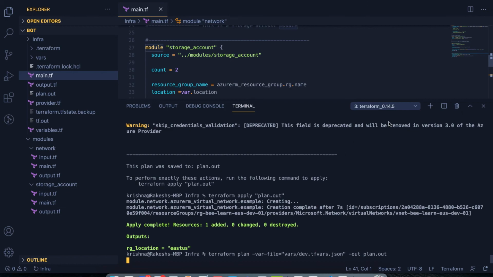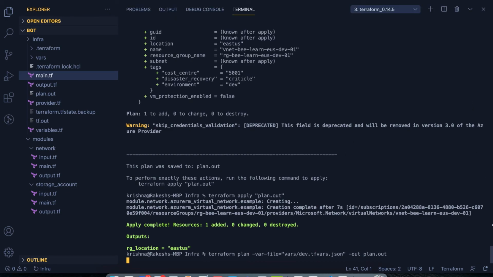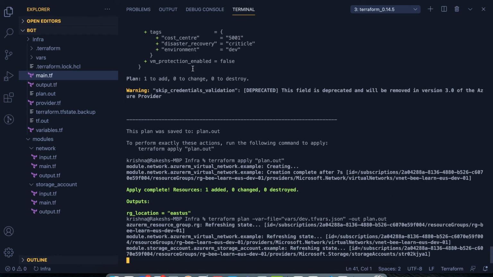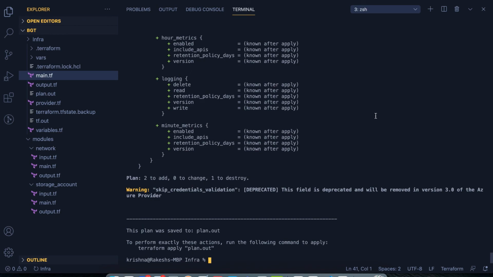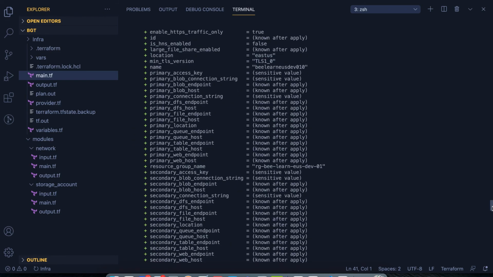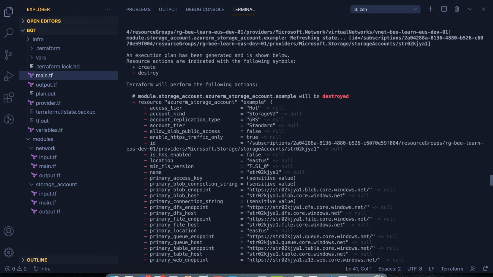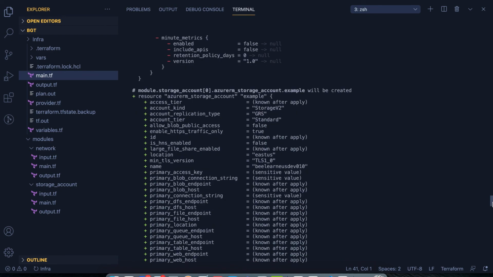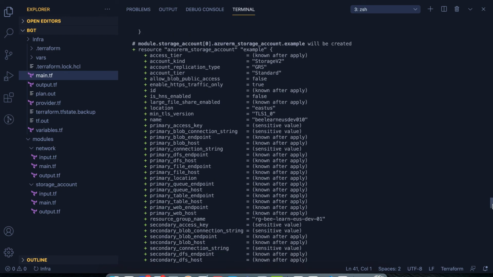Yep. So this is how you can create multiple of them. Let's run the plan again. Let's see what value we get with the plan. It will destroy the existing storage account because we have changed the name. As I mentioned, it's going to destroy the existing storage account, which is this one. And now we will have two new storage accounts because we are looping through it, and you can see that